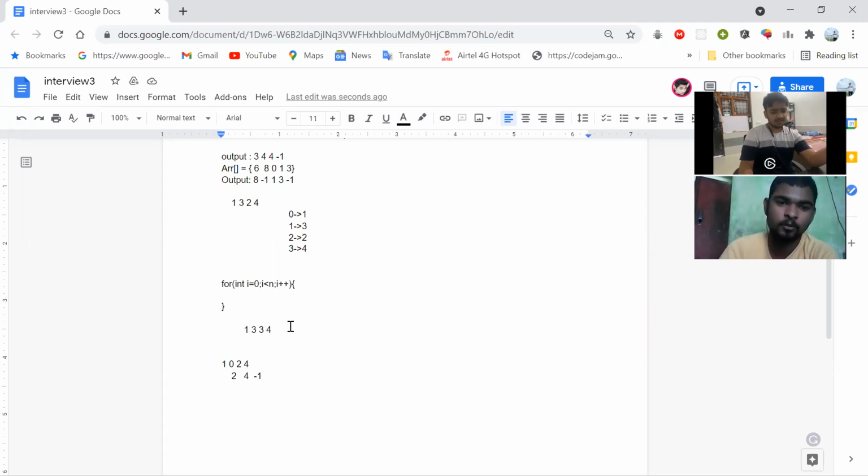So it has already given the answer previously, so I need to remove it. This 0 is not going to help anymore in any next step, because the previous element is greater than 0. That's why I'm just removing this 0.